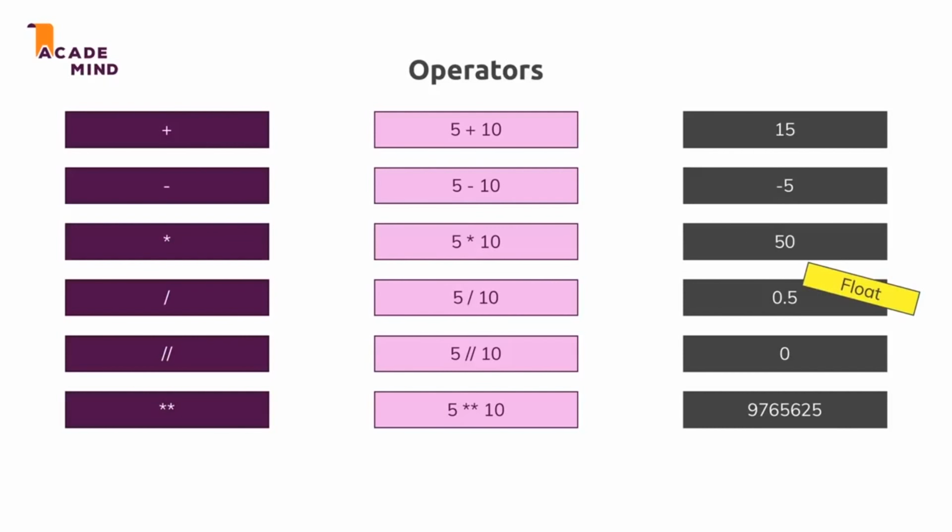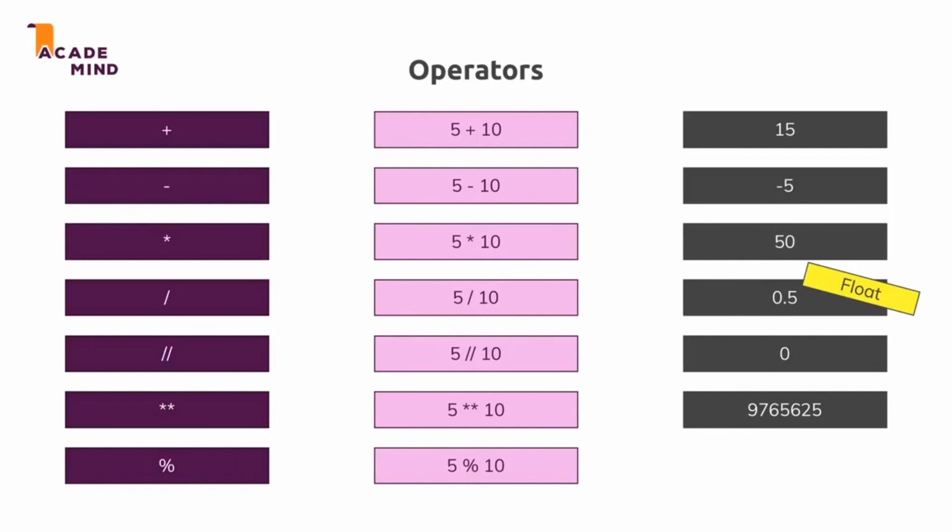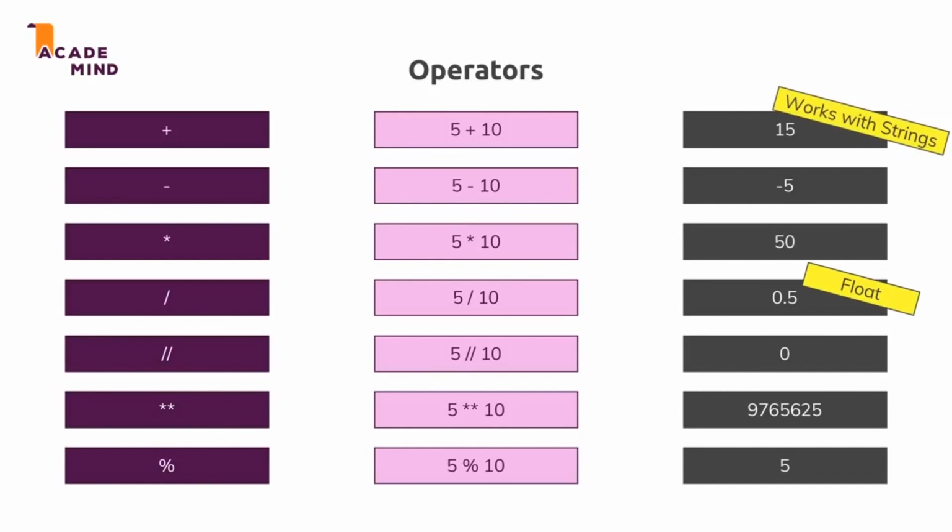Now, last but not least, one other core operator we gotta know is the modulus operator. We can use it to get the remainder of a division. So in this case here, 5 divided by 10. We can't divide this. 10 doesn't fit into 5 one single time, so the remainder is 5, and that would be the result. Now, one important note about these operators, the plus operator also works with strings, as you already saw. You can concatenate two strings. And the multiplication operator also kind of works with strings, but only if used correctly. Let me show you what this means.